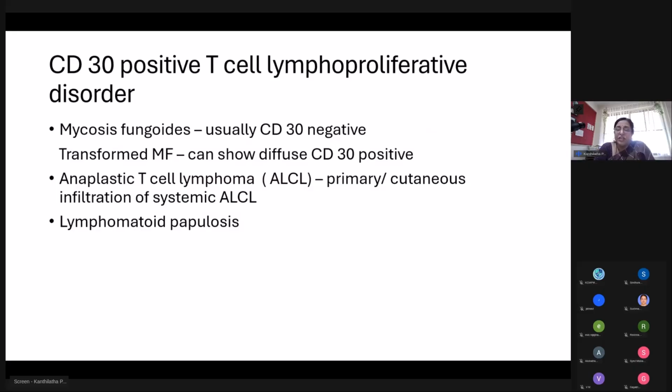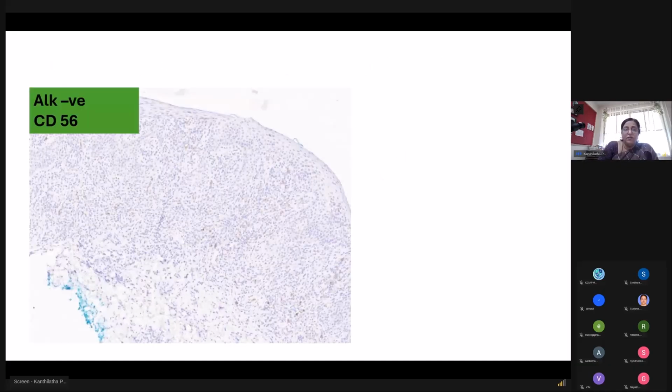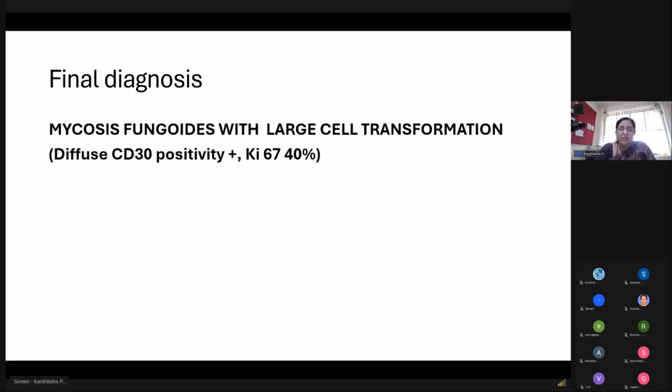So now the other two differentials that I just mentioned when we have diffuse CD30 positive are ALCL and lymphomatoid papulosis. So I did an ALK just to rule out ALCL, even though cutaneous ALCL is negative, to rule out a metastasis from a nodal ALCL. So this is ALK negative. CD56 would be positive in a gamma delta lymphoma. This also was negative. So with this, my final diagnosis was mycosis fungoides with large cell transformation, and mentioned about